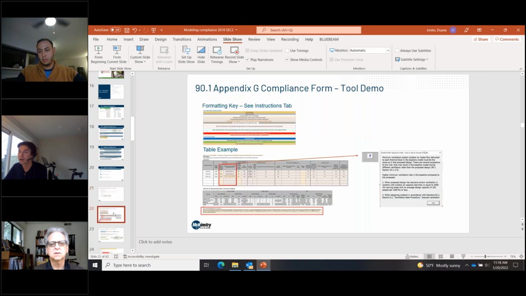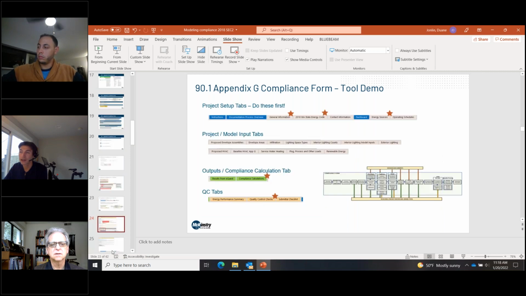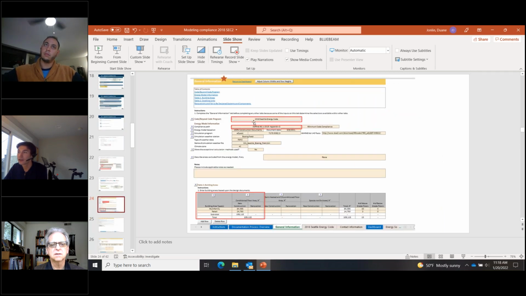on that first tab, right here, you'll change it over to Seattle Energy Code. It's one of the first drop-downs for the workbook. That's where you have to get to Seattle instead of the regular Appendix G. Everyone's using the same workbook, but this drop-down right at the beginning is what puts you into Seattle mode versus Washington mode versus just 90.1 mode.